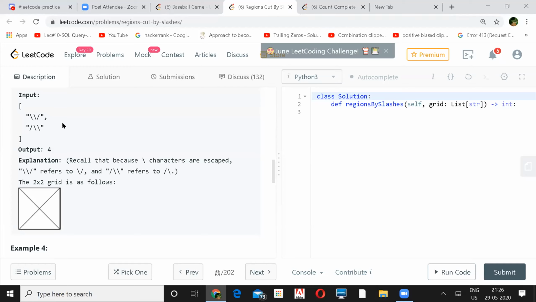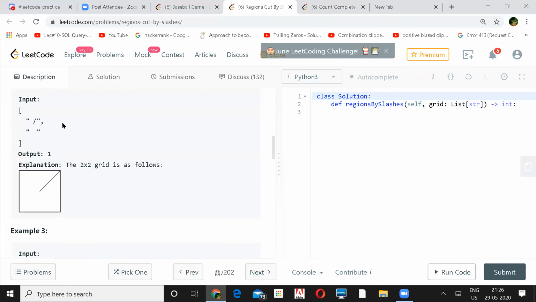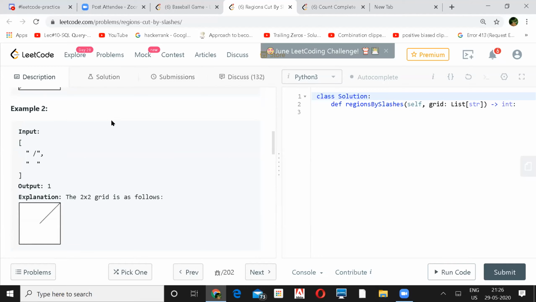Different location in the sense? There is a 2 by 2 grid. The first slash starts at 1, and in example 2 it starts at 2. Oh, it started at two. Yeah, there is a space in front of that. In the first input, a space and then a forward slash.